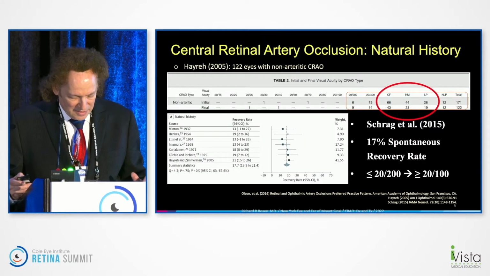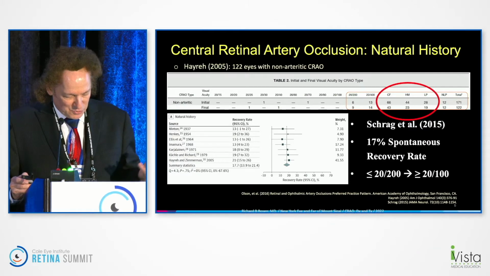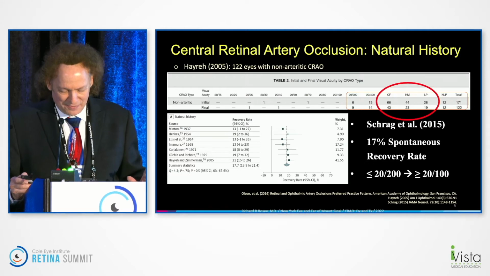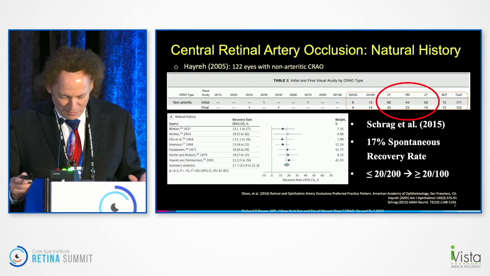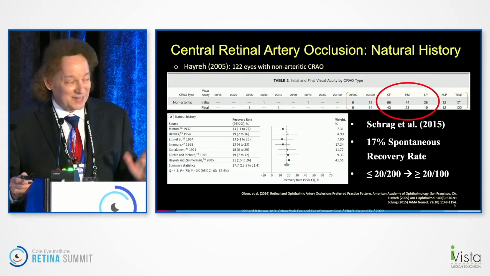And so the natural history of this is pretty bad, right? This was work Hayreh published a number of years ago, so the bulk of the patients that he looked at, 122, got a best of count fingers vision, and many worse than that. And then Schrag also said there's about 17% spontaneous recovery, but that was maybe to 20/100,